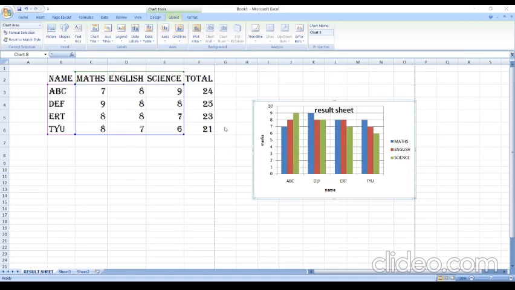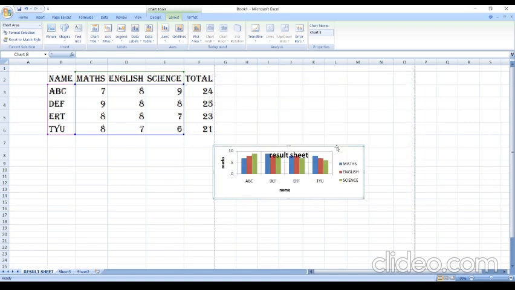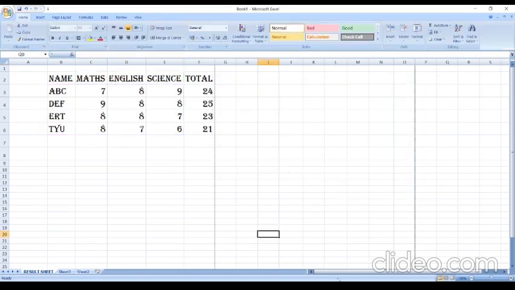These are the charts. You can even create a chart in Excel. First thing you need to select the data, then only you can show the chart. I have explained different types of charts also. You can even move, resize, delete. If I want to increase the size of this chart, I can. By dragging it, you can increase the size. By dragging it, you can even decrease the size. If you want to delete it, select it and delete it.